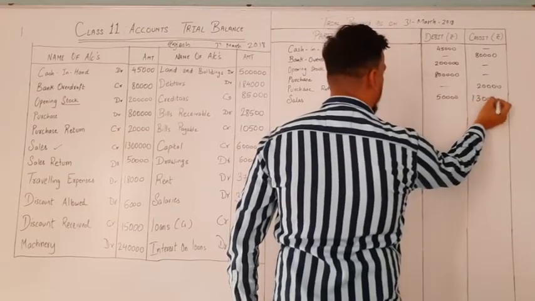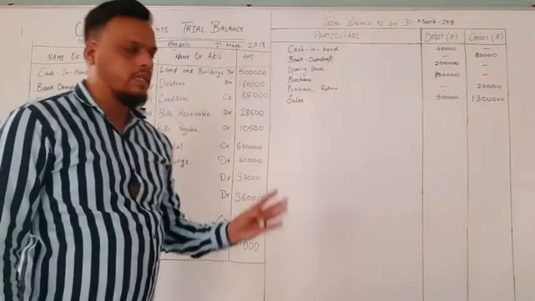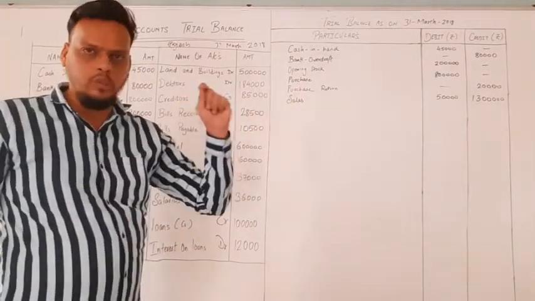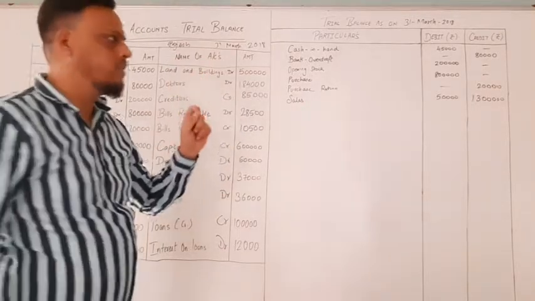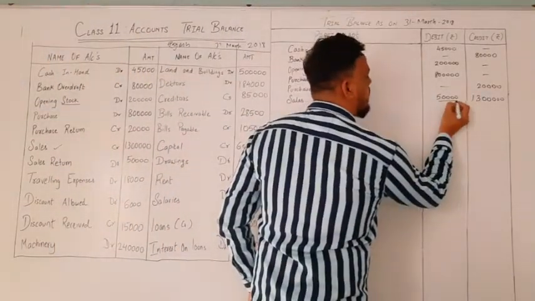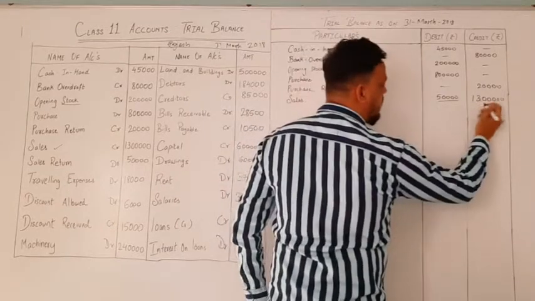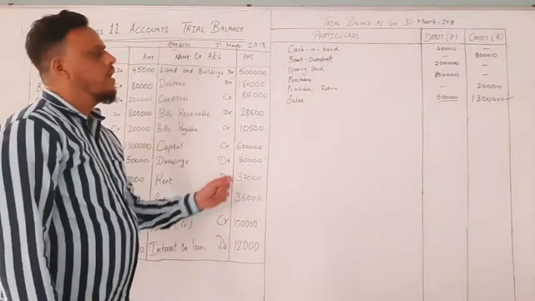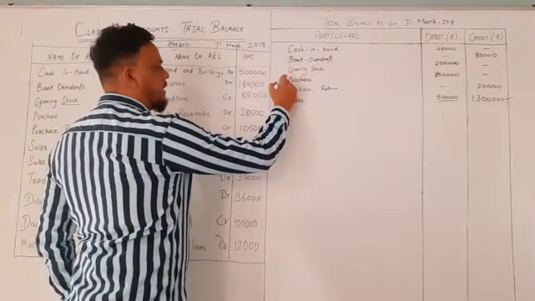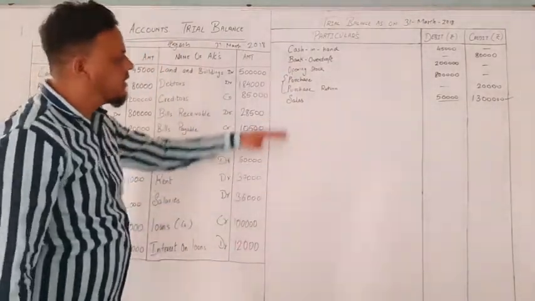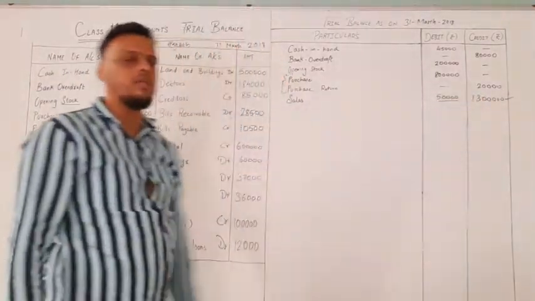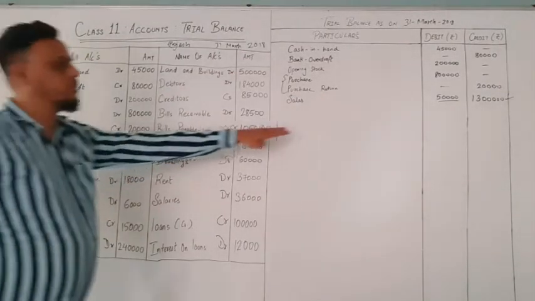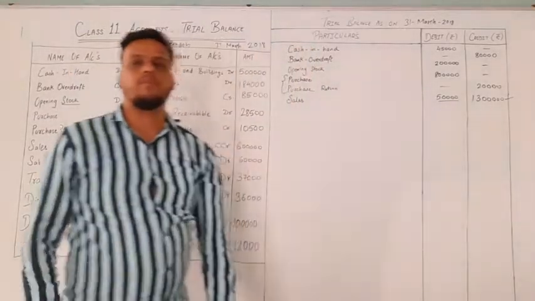and 13 lakhs. As I am saying, both balances can be titled under sales. You just need to be quick and assured that the debit balance shows sales return, whereas credit shows that they have sold the product in the business. So I have said that in purchase I made separate entries, whereas in sales I made the 2 entries into one. Here sales return and sales are entered into one column itself.